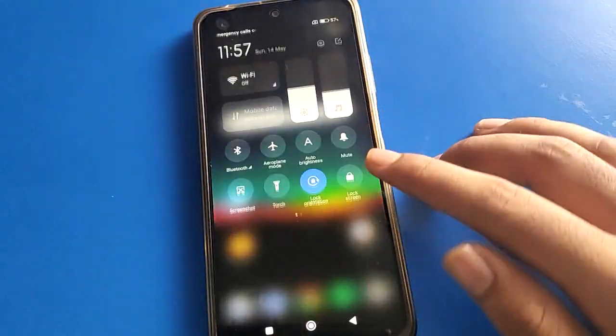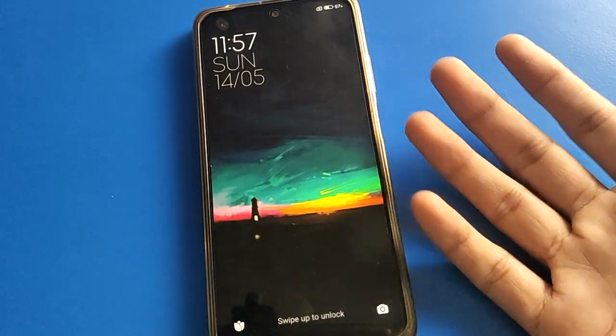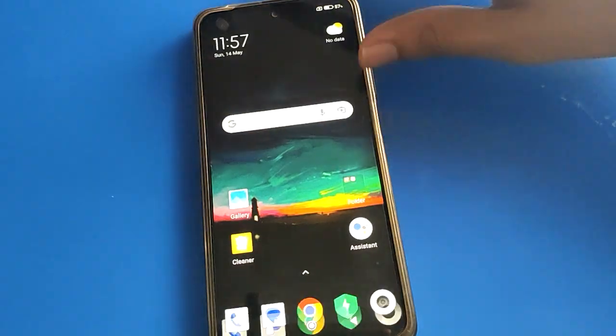So friends, now you can unlock your device with 3 fingerprints. First is thumb, second, and you can unlock your device with